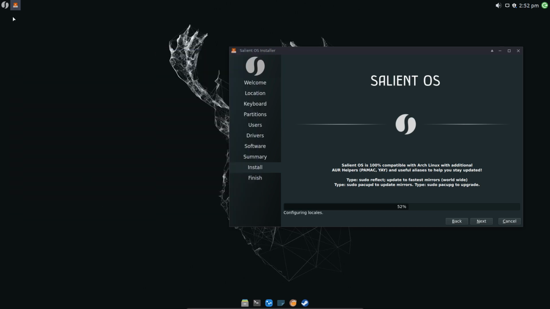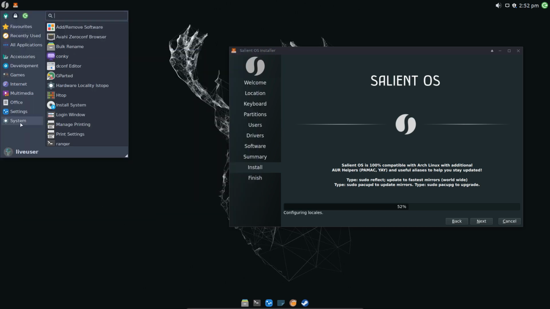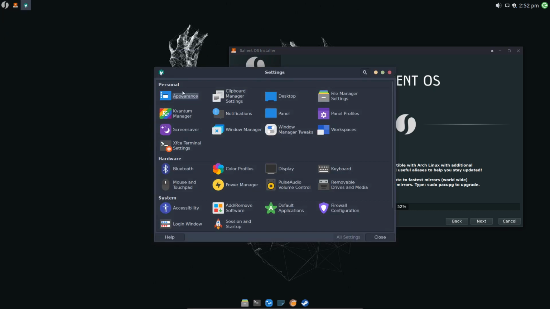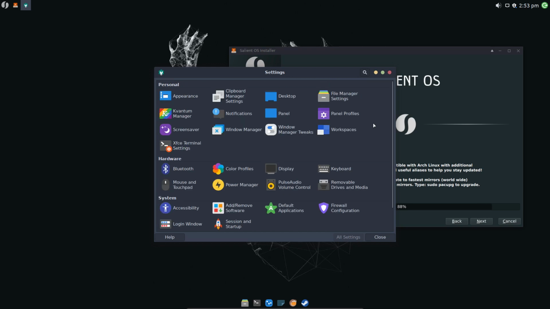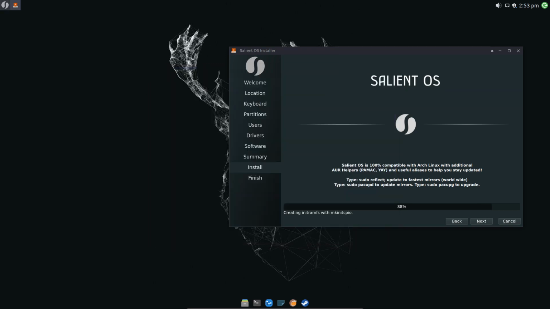And close. Maybe a look at the system settings in general. Anything special? Panel profiles, Quantum Manager is here. Screensaver, workspaces, Bluetooth power. There's a standard XFCE. Elements, I think. There's nothing added, I think. Unless I'm mistaken.